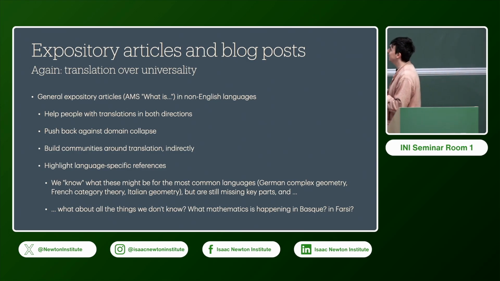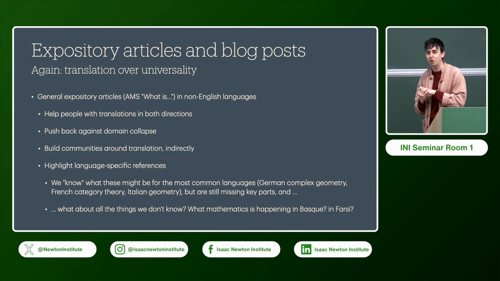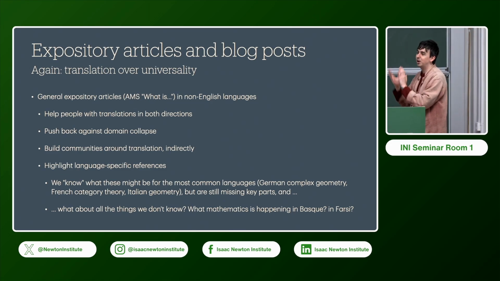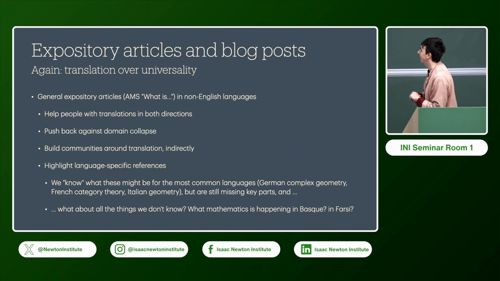This intrigues me so much. What is happening in all of these other languages? I don't know the numbers; if I were well prepared, I would have found some. But something like 99% of maths papers are published in English. The rest are in French, and then a small share in German, and then there's some Italian. After this the numbers decrease very rapidly, but that doesn't mean there's nothing there. I still think it'd be really interesting to see what's happening.